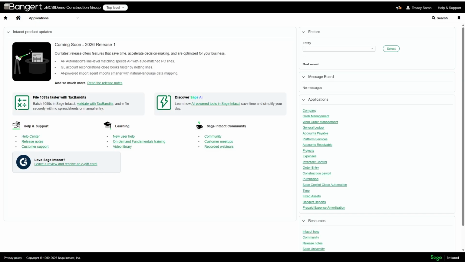And if you're on your homepage, you can click read the release notes, which will bring you in and show you all of the updates that are part of this release. We do not cover all of them. We only cover the ones that are pertinent to our customers. So I recommend that you click in to read the release notes and just have a read through that and see if there's anything that we don't cover that is applicable to yourself.